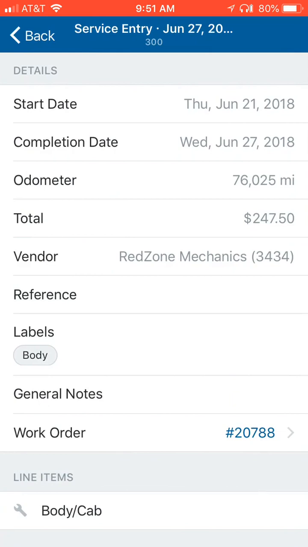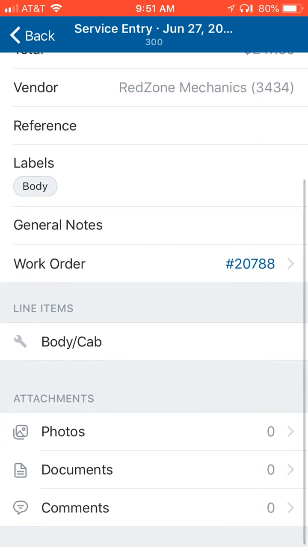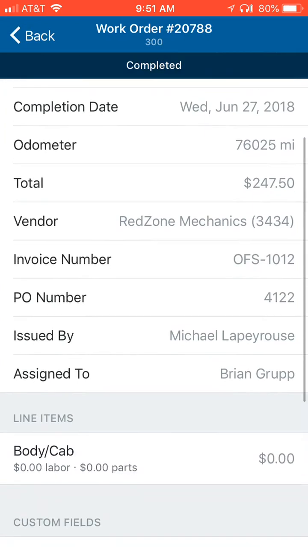It'll tell you the start date is the day that was listed on the invoice. Complete date is the date that we entered it into this Fleetio system. The odometer that was listed on it, the total amount, all the information for it, the work order number that was listed, and the line items is what general area of the vehicle, body and cab. If you click on the work order, it comes up and gives you all the information that was put onto there,